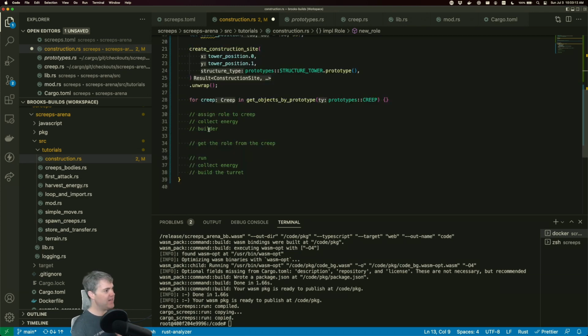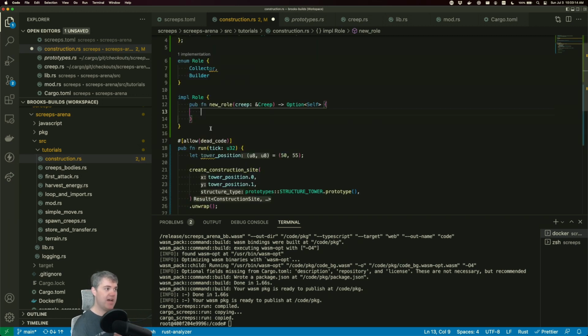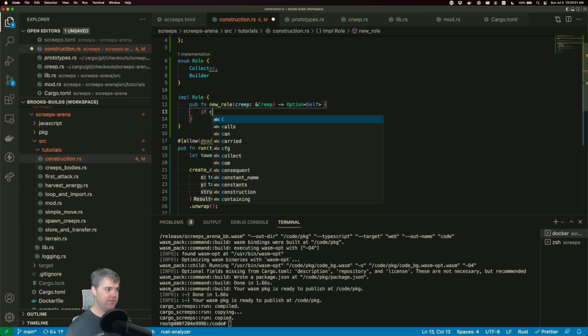Actually, I didn't write it down. I just sort of said it out loud. If we have no energy whatsoever, then we should become a collector and go to collect. And if we have full energy, then that triggers us to become a builder. So if we have no energy, so if